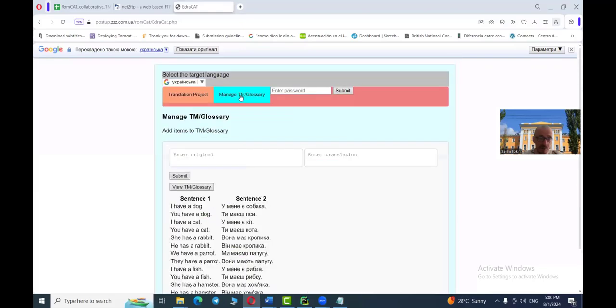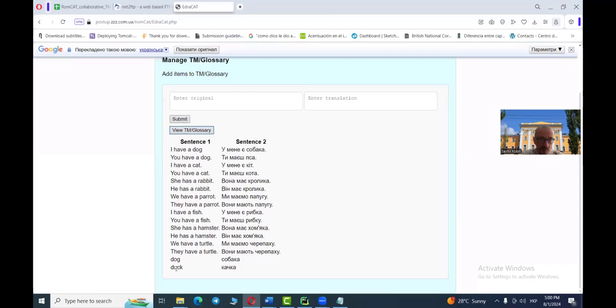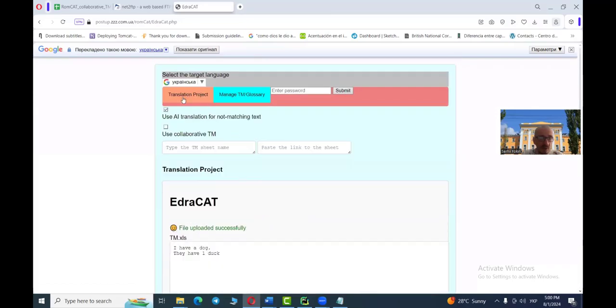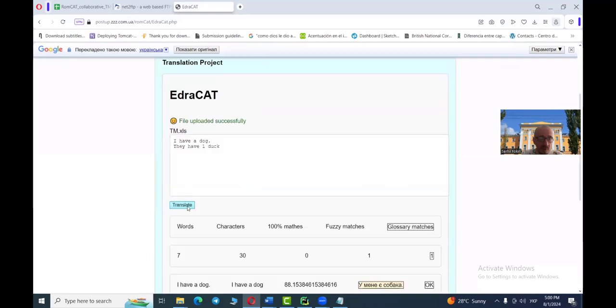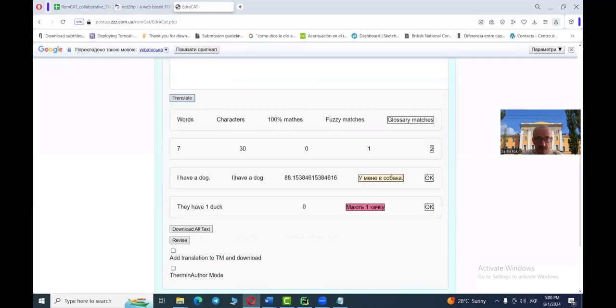we can add the term duck. Let's view, it is here now. Let's go back to the project, and I'm going to retranslate this. Now we have two glossary matches, okay? What else is important in this